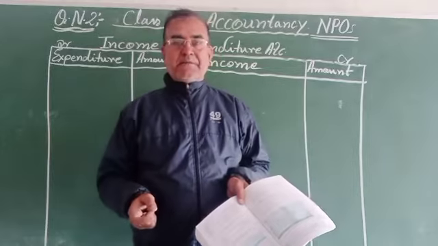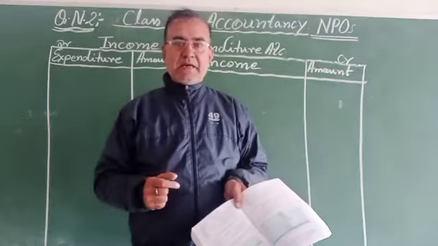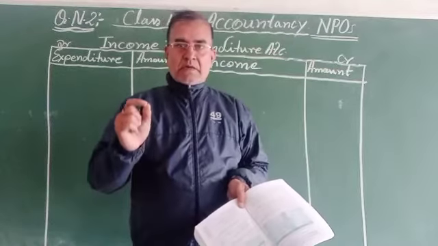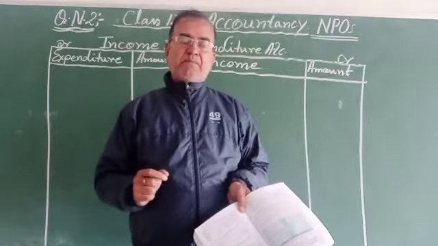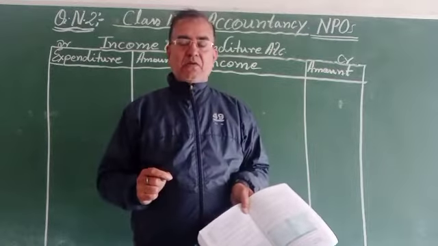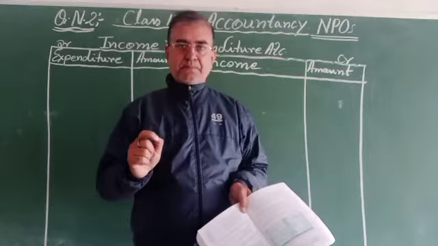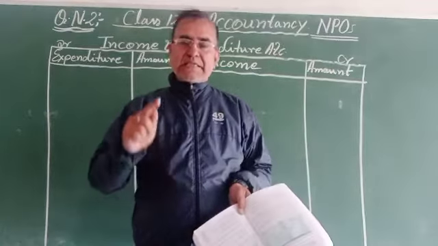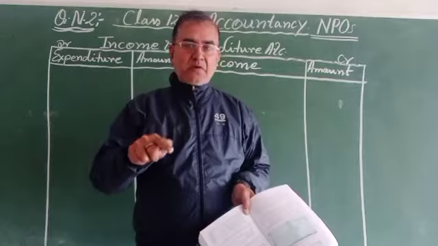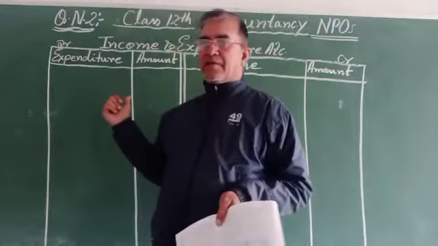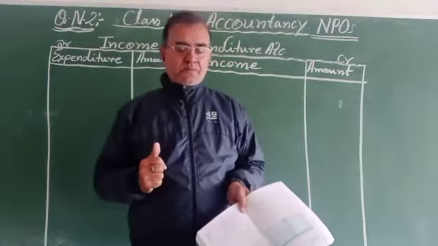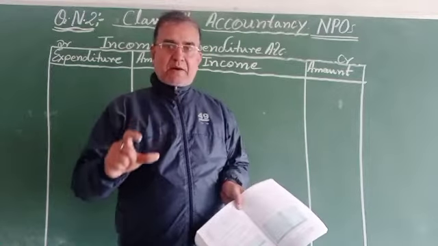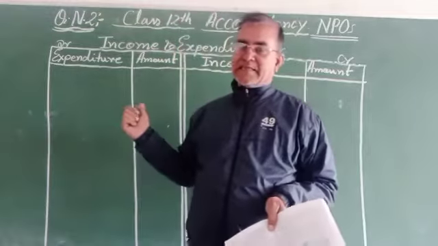On the contrary, revenue expenditure and capital expenditure. It is just like in a profit making organization: the cash book and the profit and loss account. The receipt and payment account is the cash book, and this one is the profit and loss account. It is the procedure or policy adopted regarding the transactions of the NGO.